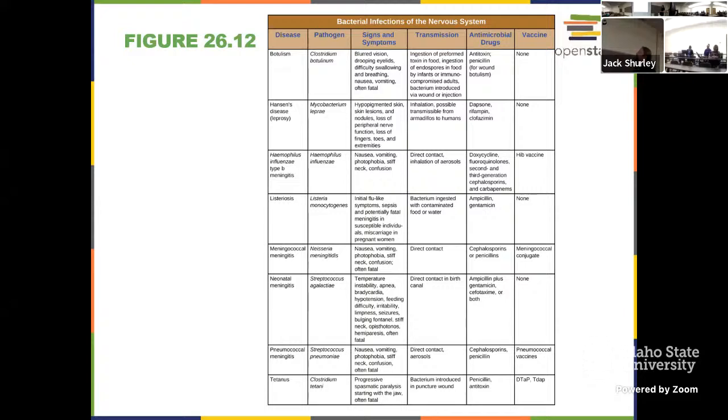So here's a list of some bacterial infections. A few of them we've hit on and seen some images. These are targeting the nervous system. So we've got top of the list botulism, bottom of the list tetanus, cousins as well, all right? Both Clostridium species, and a smattering in between of others. There are differences with these two, not exactly opposites, but sort of, as far as how some of the types of paralysis are occurring. And we discussed a little bit of that, all right? So all sorts of potentials as we move through here. I'm not going to spout off all of these details